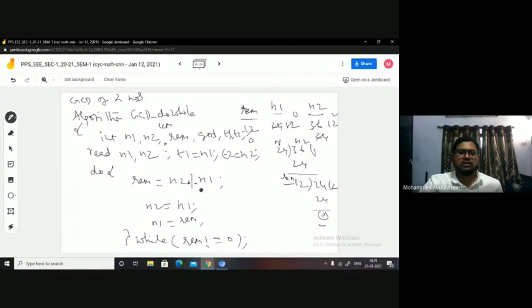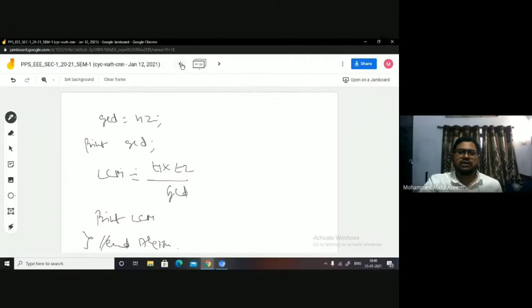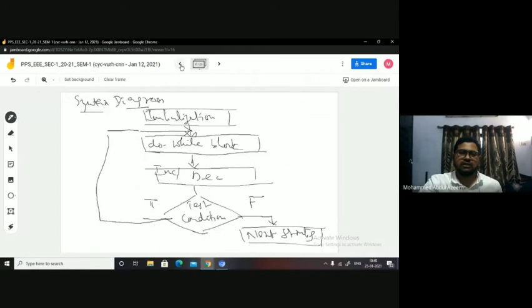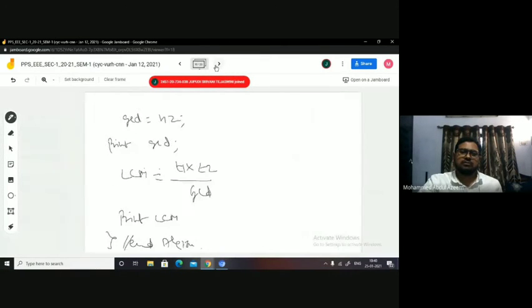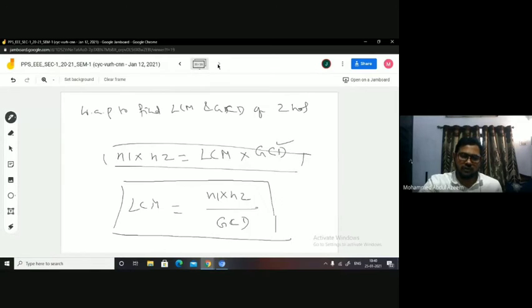So do while is only a change in execution. Otherwise, it is similar to while, right? What it does, it executes the block, then it checks the condition. That's the reason why we say it is a post-test loop, right? Whereas in while, what happens? First you check the condition, then you execute. That is the only difference. Fine. So now take some examples and work out with these as your assignments.